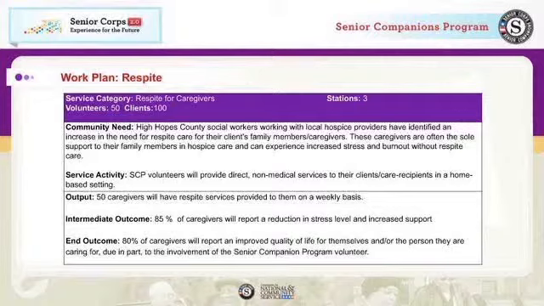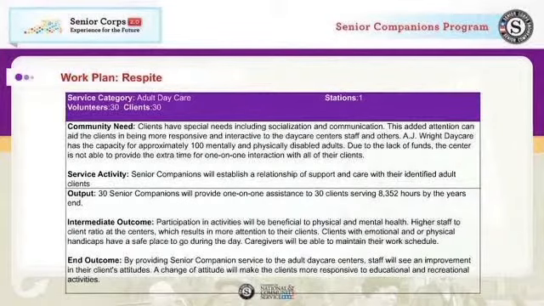I'm looking to see if we have any questions, and I don't see any questions. Okay, so if we just want to move on then to the next scenario,